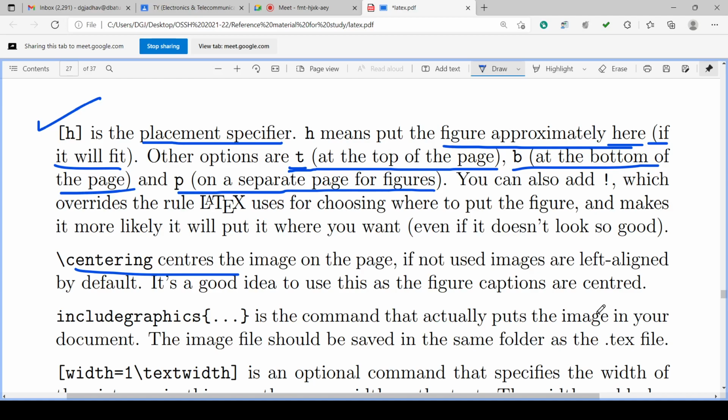So H is the placement specifier. H means put the figure approximately here. Instead of H, if T is used, then put the image approximately at the top of the page. If B is used, then put the figure approximately at the bottom of the page. And P, on a separate page for the figure.